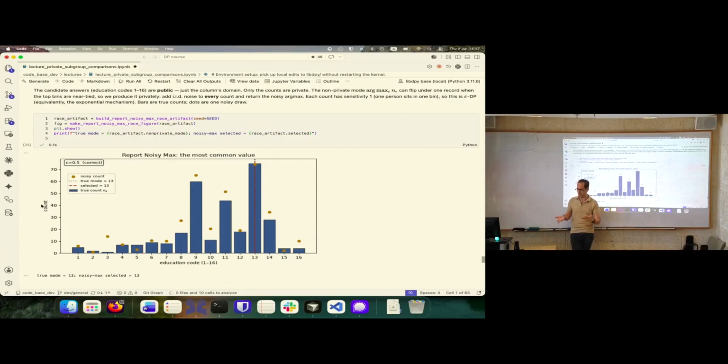It grows logarithmically typically depending on what type of noise you added, but let's say you added Laplace noise. So you have a union bound, but still, at some point, you have infinitely many bins, and let's say you have one bin that's 100 and all the rest are either 0 or 1. If you have enough bins, one of them will get so much noise that it will surpass the 100.